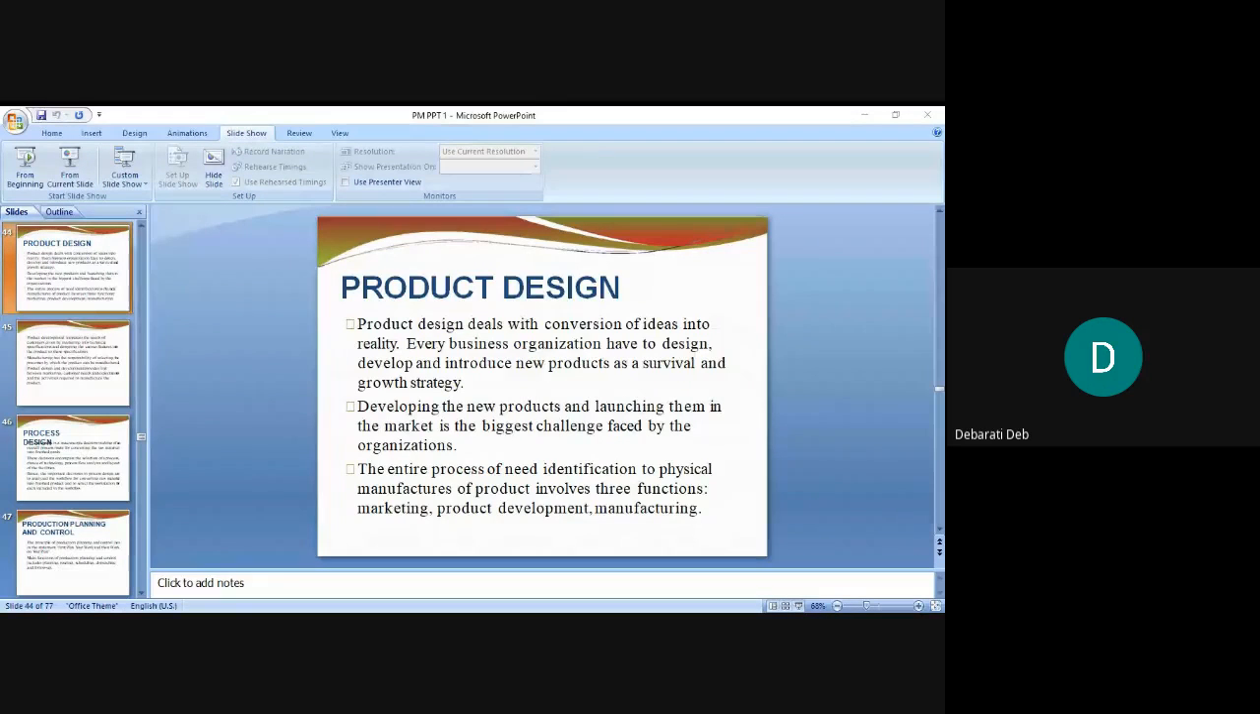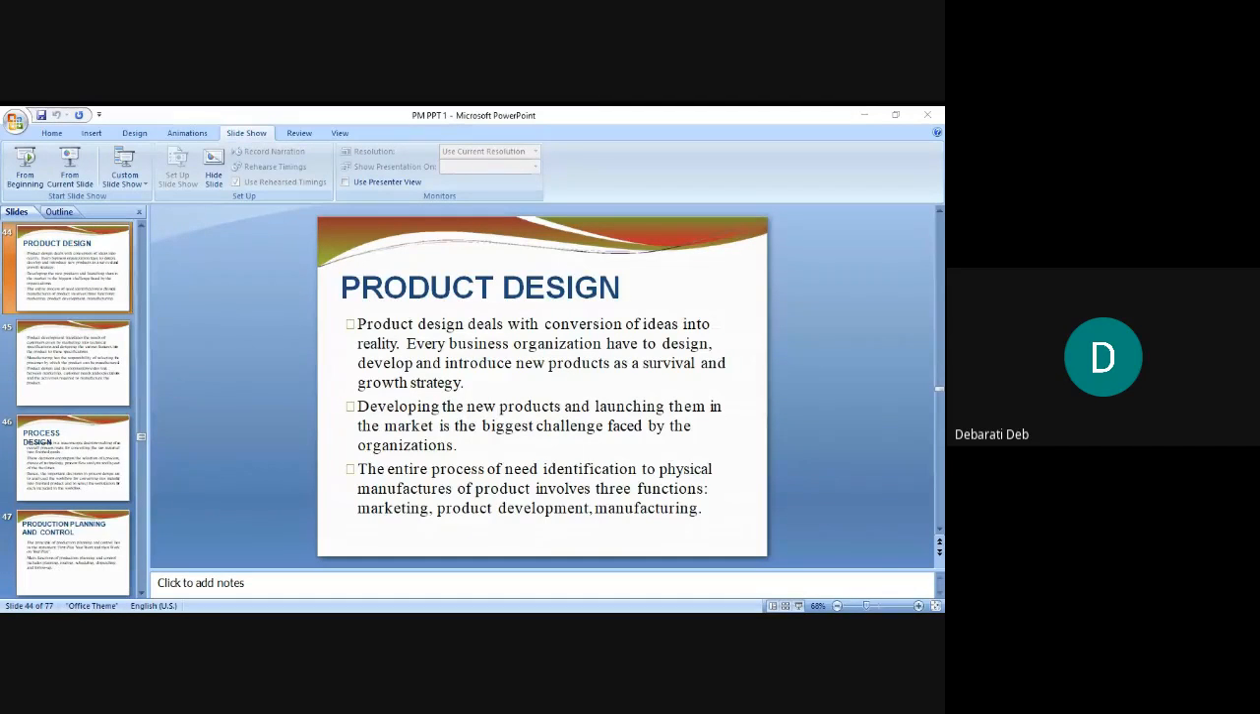How do we deal with the designing of a product in manufacturing sector? Product design deals with conversion of ideas into reality. Every business organization has to design, develop and introduce new products as a survival and growth strategy. By now you know this fact, isn't it? That for surviving in the market, the business